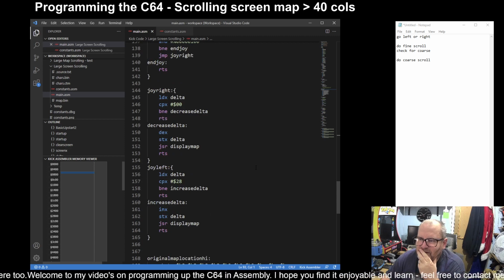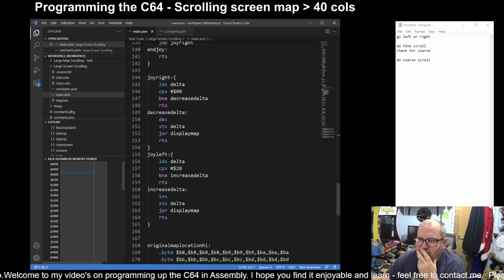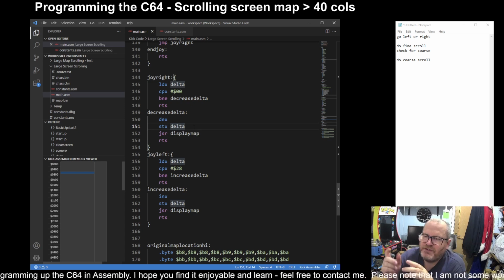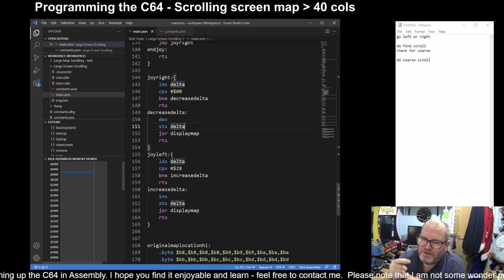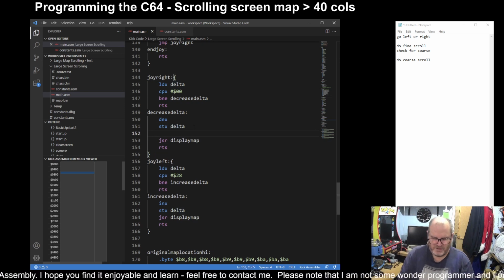It's here. So that delta's moving the map that way, which means the fine needs to start at 7. So here we're going to